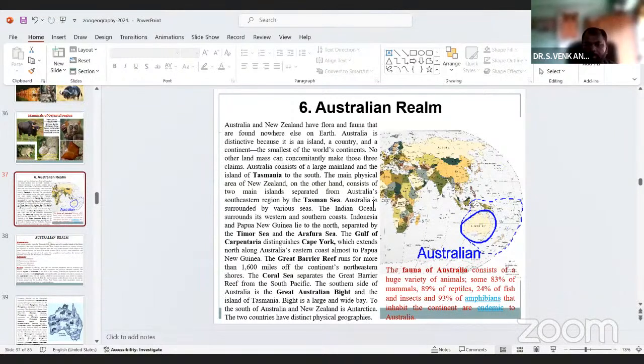Some 83% of mammals, 89% of reptiles, 24% of fishes, and 93% of amphibians that inhabit the continent are endemic to Australia.